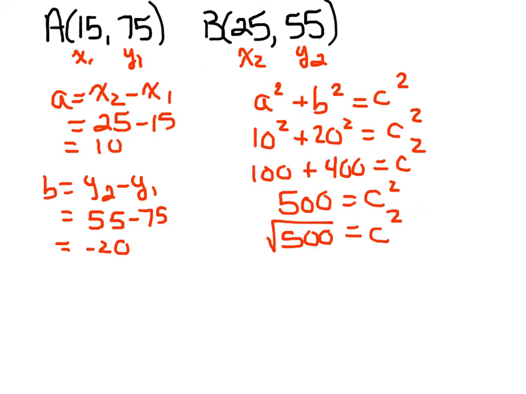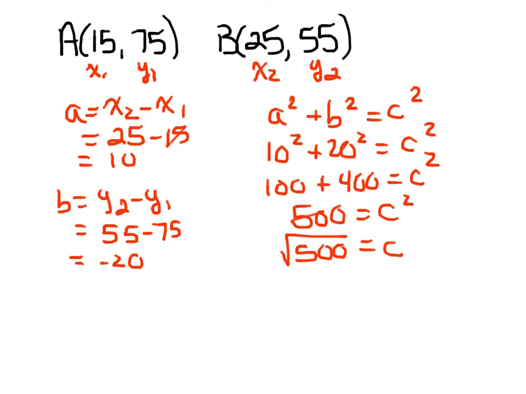Whoopsie, it's just a c. It's not a c squared. Which is 22.36 if I round to 2 decimal places. So we found that the distance between those 2 points is 22.36 units, because I haven't defined what the units are. Now if we look here, I have